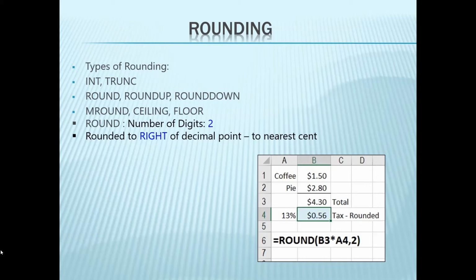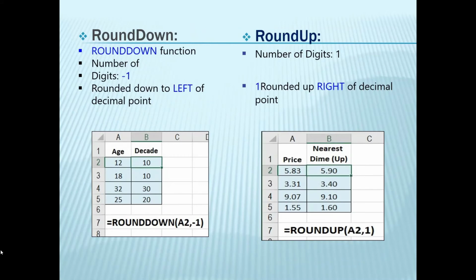In this example you will learn how we use the ROUND function. Using the ROUND function you can round to the right of the decimal point, or it rounds any number to its nearest integer value. About the ROUNDDOWN function, it rounds the value to the nearest integer which is closest to 0. So if I have an example as minus 3.2 or plus 3.2, ROUNDDOWN will round it to 3 as 3 is close to 0.